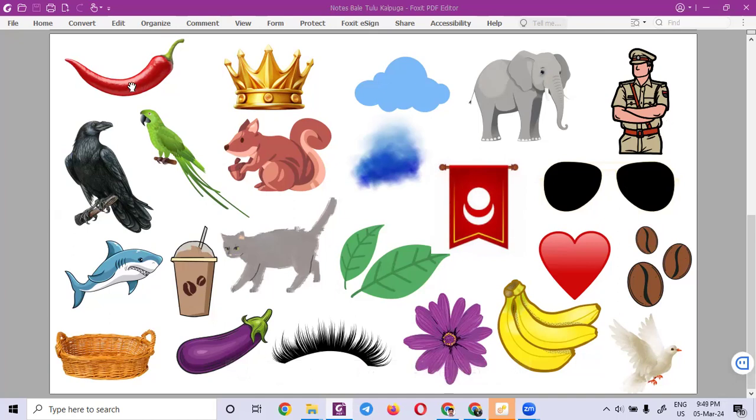This is chili. Red chili. This one, yellow. Yeah. You can either say yellow or gold. Gold means bangar the color. Yellow is banana is yellow.